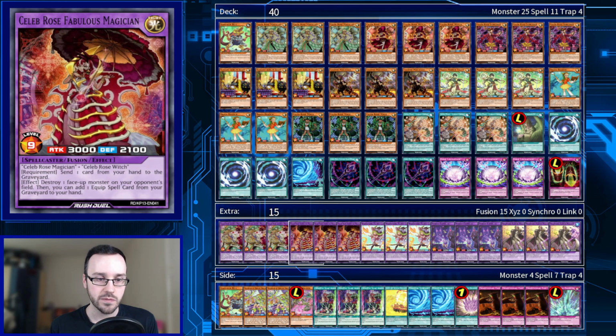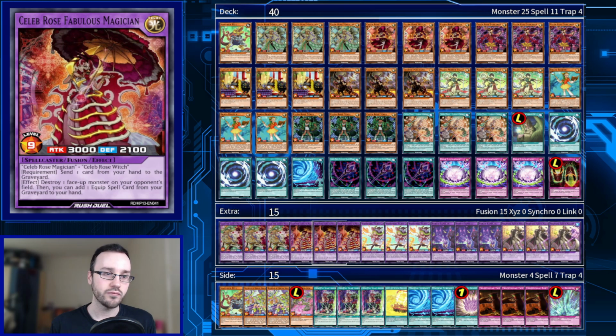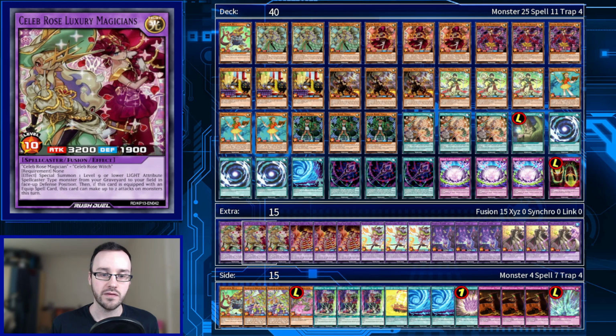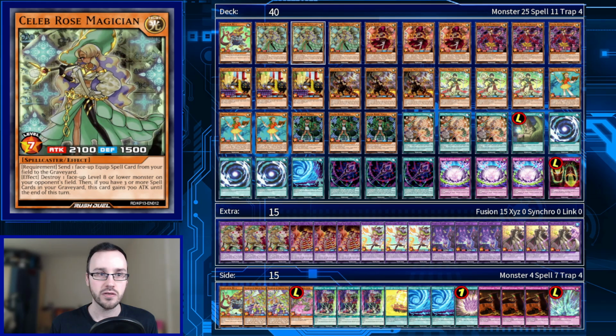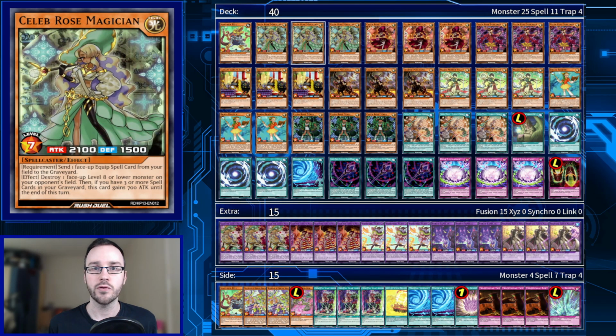We could go into Fabulous Magician, then use its effect if we have another Death Wand engraved, and attach that to that. Now we have 2 big monsters that are basically protected. Or if we didn't have another copy of Death Wand in the graveyard, we could just summon out Luxury Magicians and use its effect again to bring out a Celeb Rose Magician. So that means we could just end on a board of 2 Luxury Magicians and a Celeb Rose Magician, which